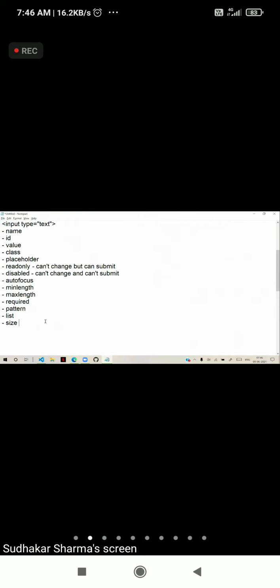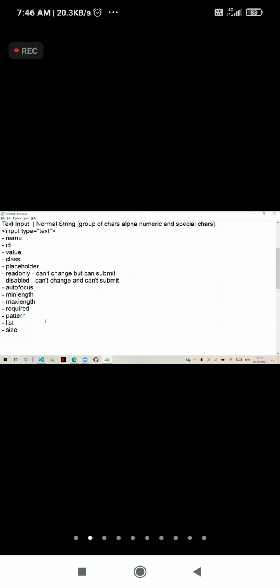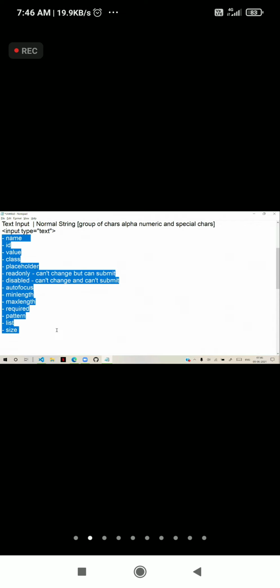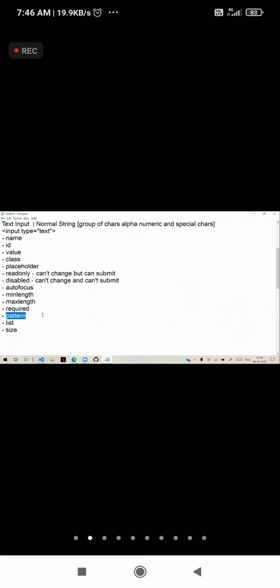These are used for text input. I hope everyone understood, right? Pattern we will discuss later. Other options, everyone understood this, right? Yeah.